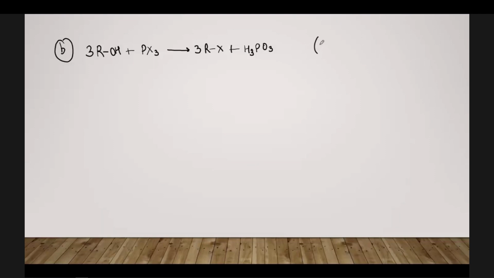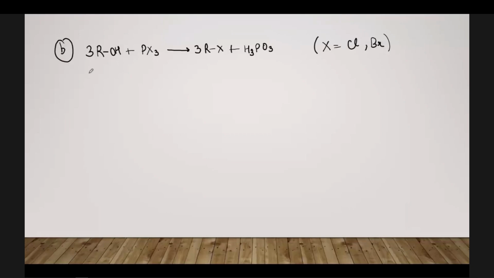And for this reaction, you must remember that X here... I just now told you that the different halogens have different properties. So all the reactions are not common for all of the halogens. For this reaction, it is only applicable for either Cl or Br. This reaction will not happen in the case of iodine or fluorine. Phosphorus iodide or phosphorus fluoride will not allow this reaction to happen. So this is for the chlorides and the bromides.